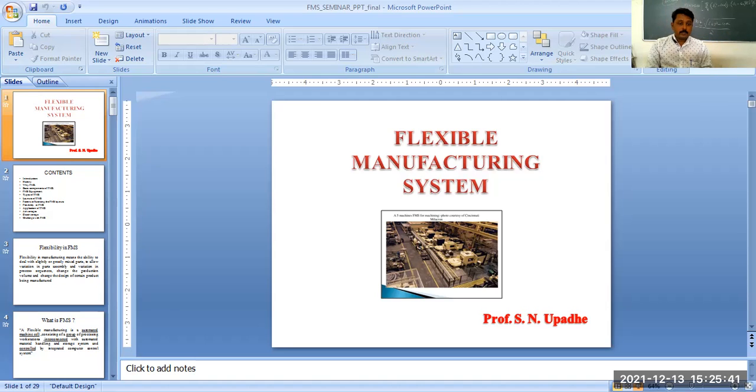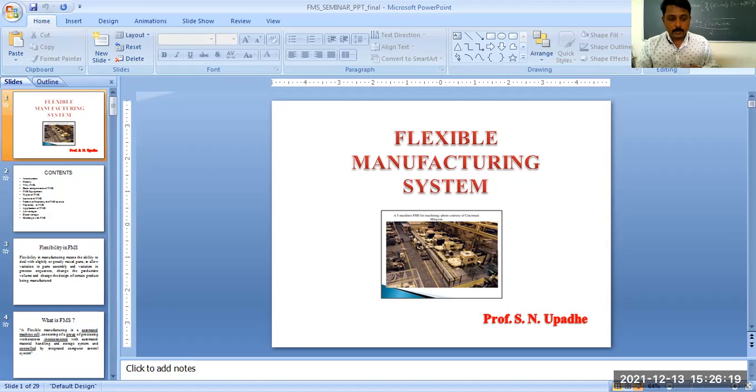There is a dedicated FMS, which continually manufactures the same but limited mix of piece parts in batch time. Whenever we have a very limited mix of products, in that case dedicated FMS can be used. So 1 or 2 different types of parts or products can be manufactured with the help of a dedicated FMS. That FMS is completely dedicated to manufacturing only those 1 or 2 parts. This is how we can understand dedicated FMS.